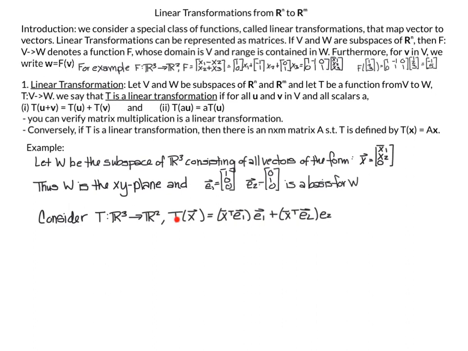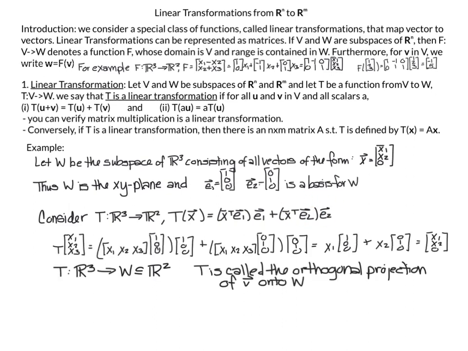Our transformation, in particular, is going to take a vector x, multiply x transpose times E1, and then multiply the result times E1. And then we do the same for E2: we take the transpose of the vector x, multiply it by E2, and then multiply the result by E2. Writing this out as T of x1, x2, x3, I take x transpose multiplied by 1, 0, 0, and then multiply this result by 1, 0, 0. Then I take my vector x transpose multiplied by 0, 1, 0, and multiply this result by 0, 1, 0. And what I get when I multiply this